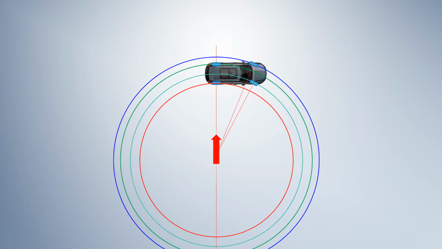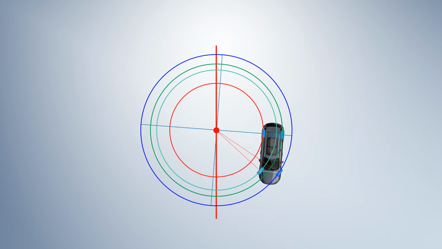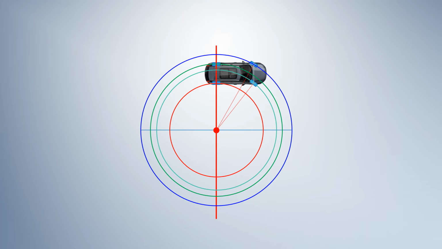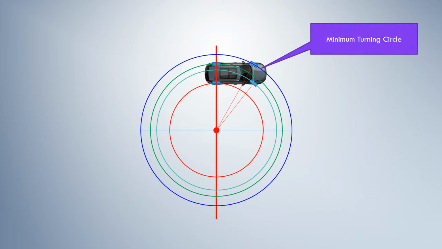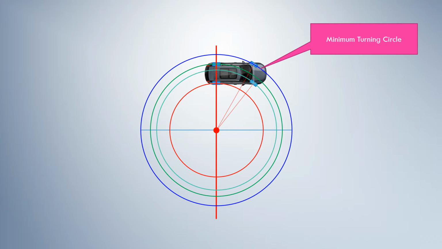When you turn the steering wheel all the way, the turning circles become the smallest. The minimum turning circle is defined as the trajectory circle by the outer front wheel when you turn the steering wheel all the way. Here, it's the blue circle. Car manufacturers submit the minimum turning radius value in order to get type approval for a new vehicle. You can find the minimum turning radius of your car from the manufacturer website. When moving backwards, the trajectories are the same as when moving forward. It means, to turn right, you have to turn the steering wheel to the right, either backwards or forwards.